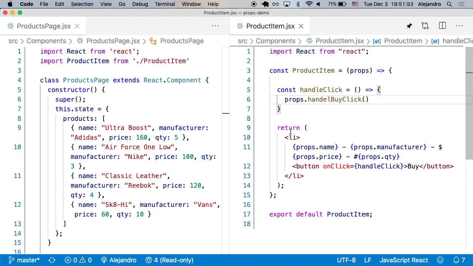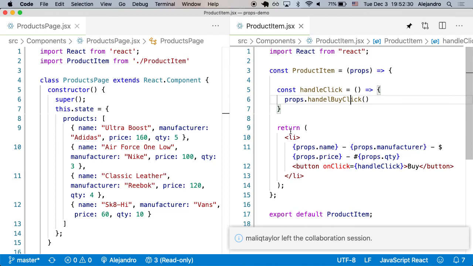The benefit is something that I feel is hard to appreciate at first. To get back to what Gerard was saying, how do we identify which purchase button was clicked? I think as we progress, maybe we're going to start to see that. So what we have here is the parent component,